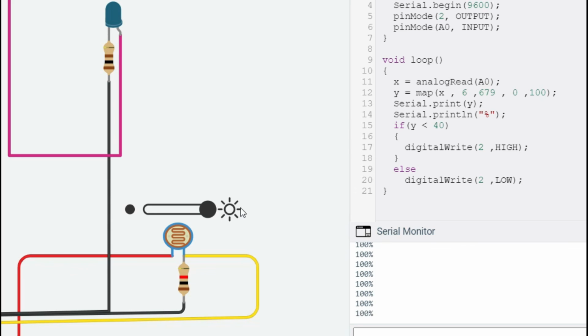Now you can see that at full brightness it is showing 100%. That's why we use this map function to get a proper understanding. Now again, when the percentage of light is less than 40%, our LED is on. So this way our system is able to detect darkness and eliminate it.